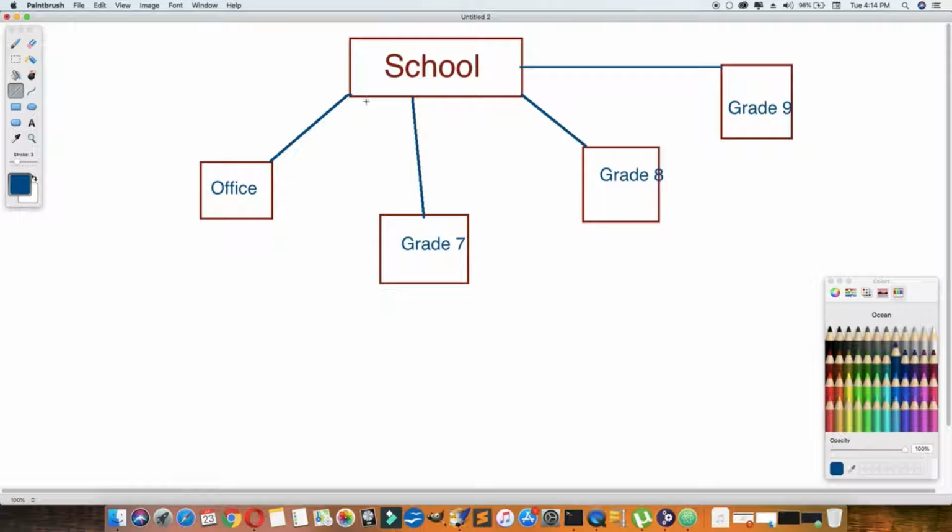Now you have to get a better idea of what object-oriented programming is, so I will explain that. For the school, you have to virtually create objects in your mind. So this school is a class. It is not a physical class, but in a Java program it's a class. Now the school class should be